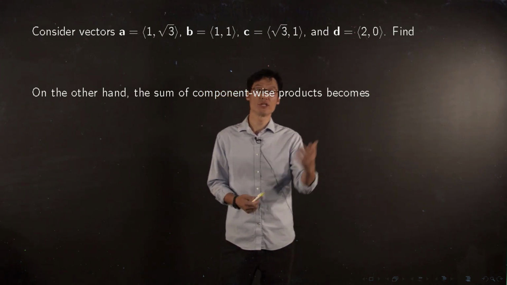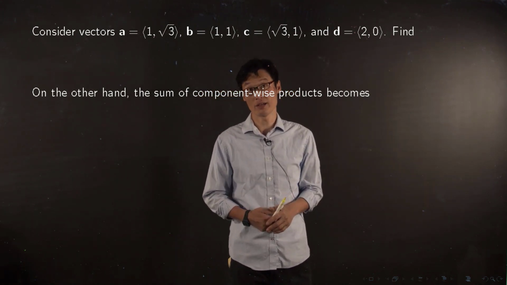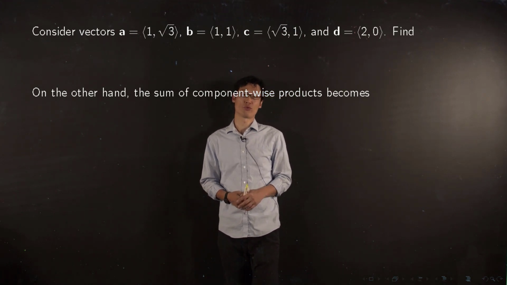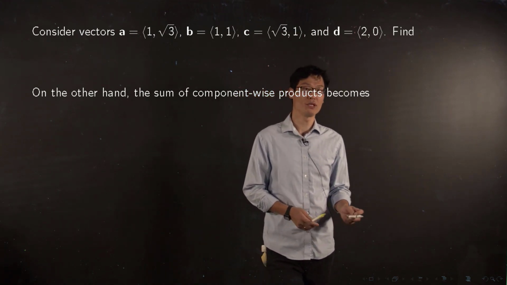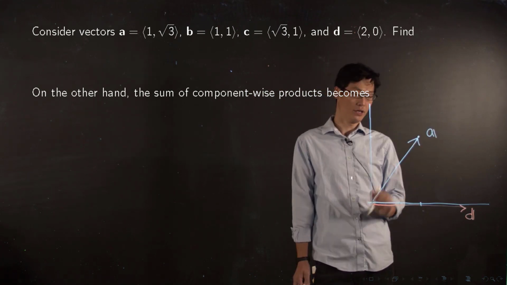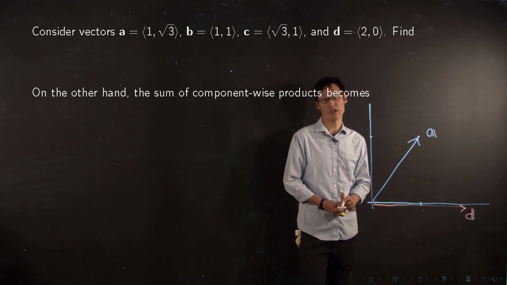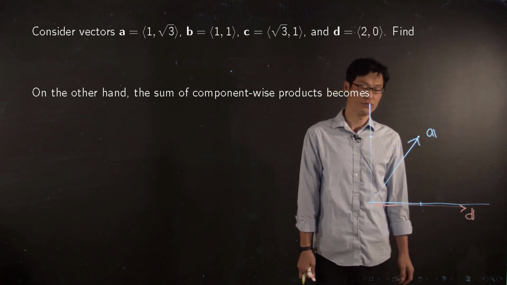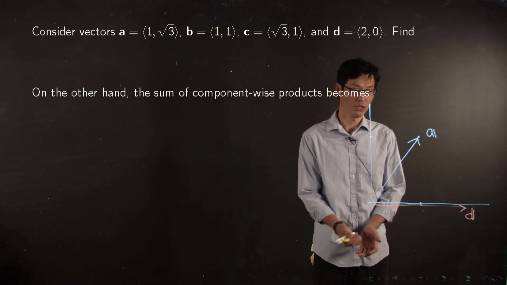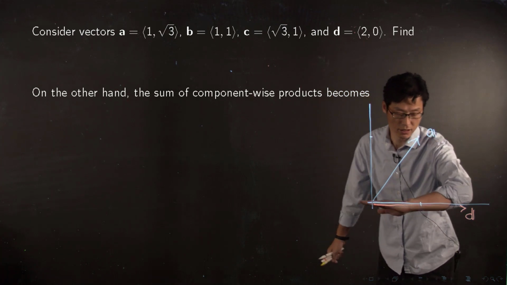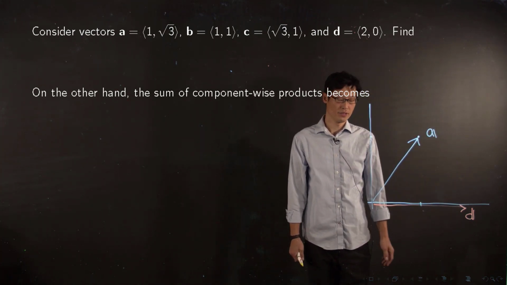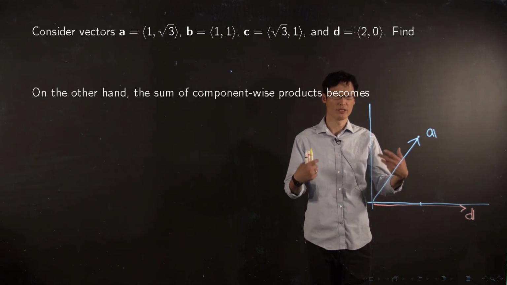Vector D is horizontal, and vector A is 1 comma square root 3, B is 1 comma 1, C is square root 3 comma 1. So let me draw those vectors. And the point is, we know the angle between two vectors. You can think of an equilateral triangle with base along this vector D. If this triangle has side 2,